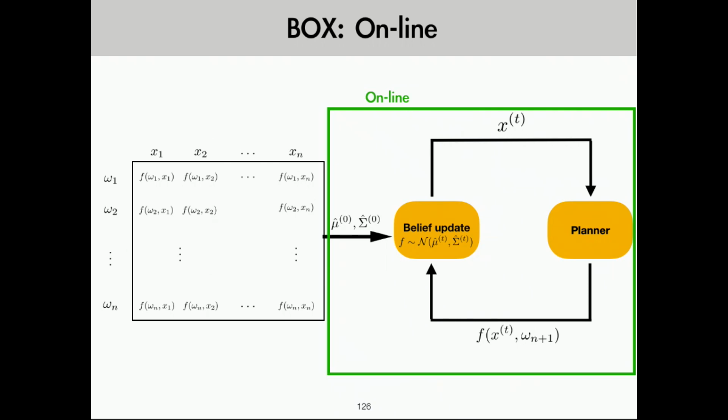The planner then evaluates that constraint by coming up with a solution that satisfies it for this new problem instance omega n plus 1, and this loop repeats until we get a satisfactory plan. And if you apply this